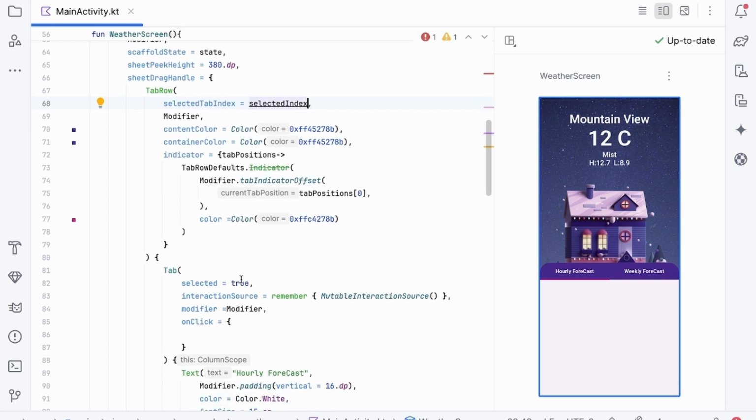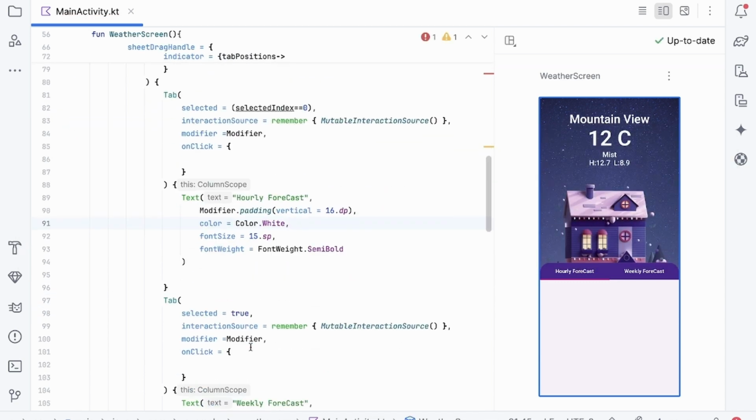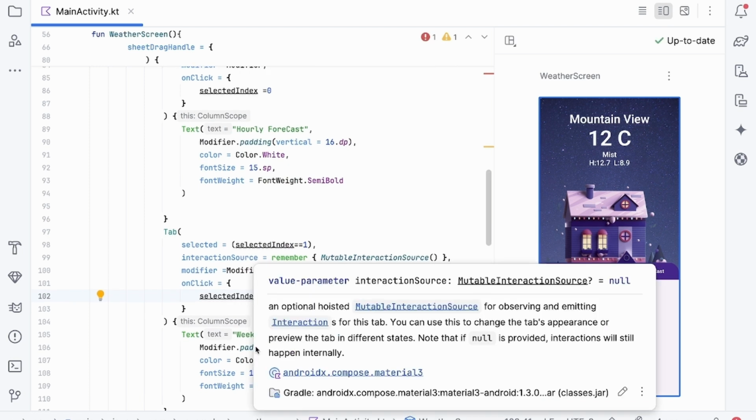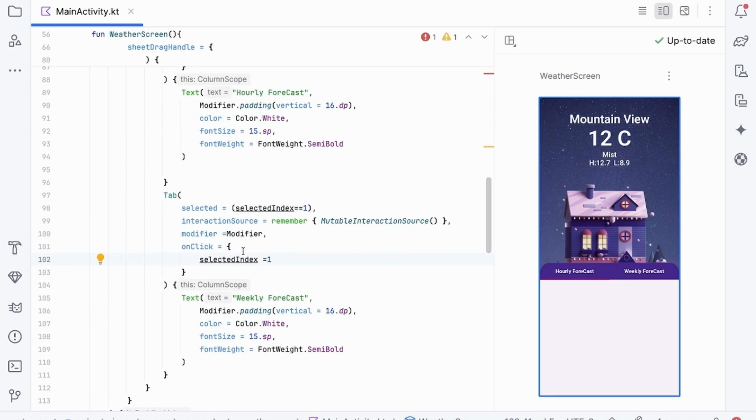As the selected index here, and we need to pass selected index equal to 0, which is the first tab, and here selected index equal to 1 for the second tab. Cool. If we click on first tab, we just change the selected index to 0, and if we click the second tab, the selected index equals 1. Fine. Now we need to focus on this bottom widgets,